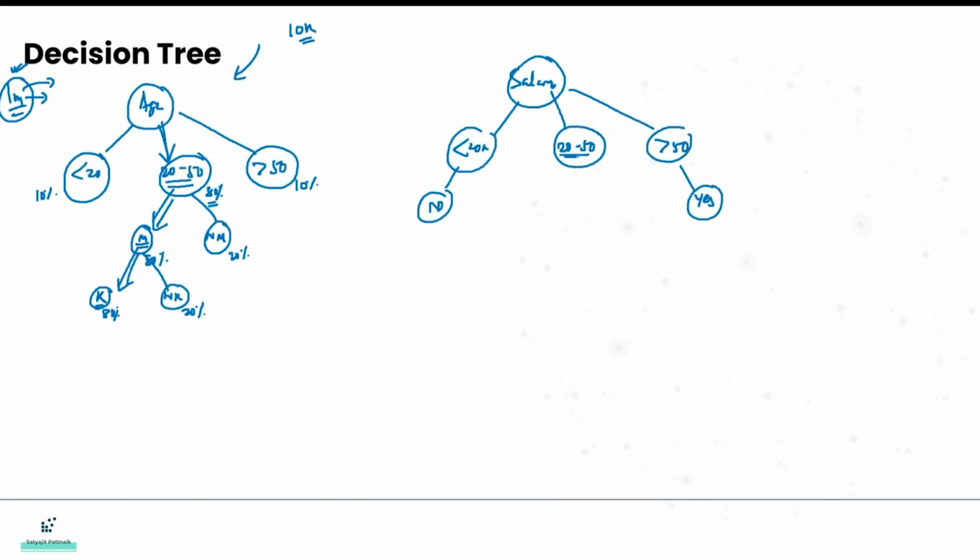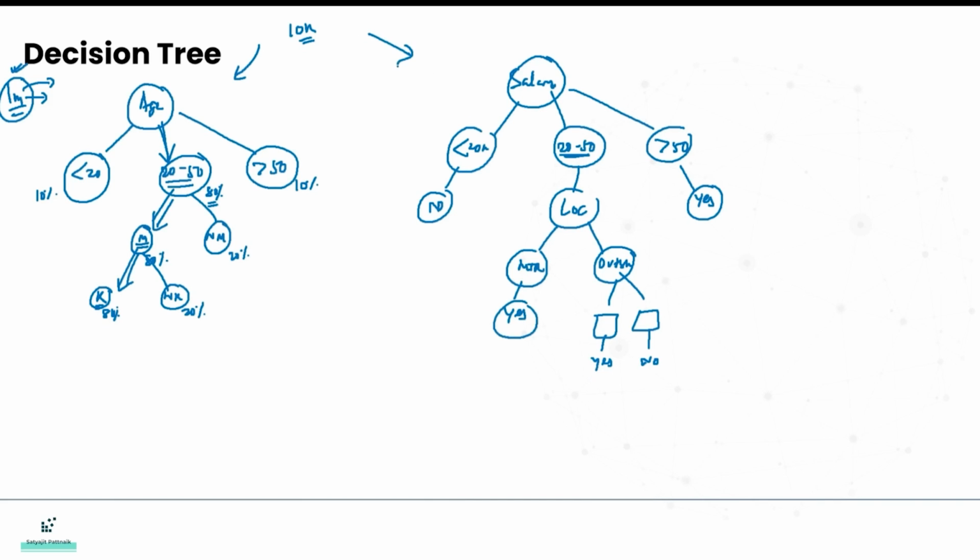If your salary is in this range, probably you will think, what is the location? Is it near the metro, near the MTR stations or near the central location, or it is far away, outskirts? If it is in outskirts, again you will think about some other things. What is the rental fees of a flat over there? And then probably you decide whether you take this or not. If it is near to MTR, you probably take the job.